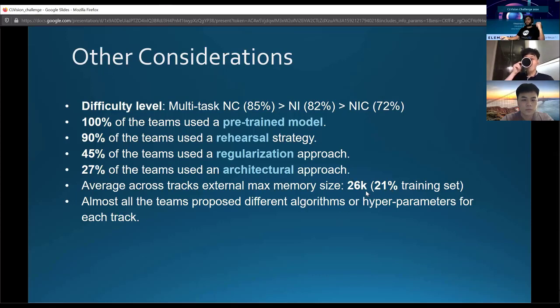So this is why I will point this out in the next slide how we can improve on this. Another thing to notice is that almost all the teams propose different algorithms and hyperparameters for each of the tracks. So it seems that it's still difficult to find a single continual learning strategy that can work well on different protocols. And it seems that many strategies that have been proposed have been carefully tuned to satisfy the specific settings and protocols. So what I'm trying to say is that it's difficult nowadays to come up with practical solutions to